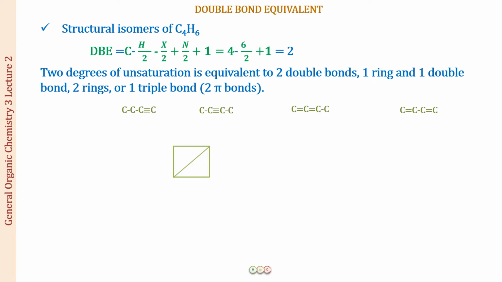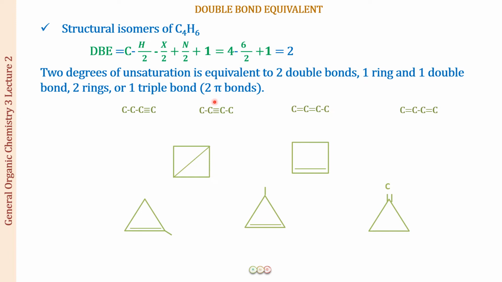The next we are going to have a double bond and a ring. So 4 carbons in a ring and one double bond. This is one possible structure. And then what I can do is decrease the number of carbons in the ring. So a 3 carbon ring with a double bond, and one methyl group going out. Vary the position of the methyl group, vary the position of the double bond. So these are the structures which are possible for C4H6. Again, all these structures you've drawn previously. You know exactly what type of isomerism is going to be present. So for these two, there is a triple bond, only a change in position.